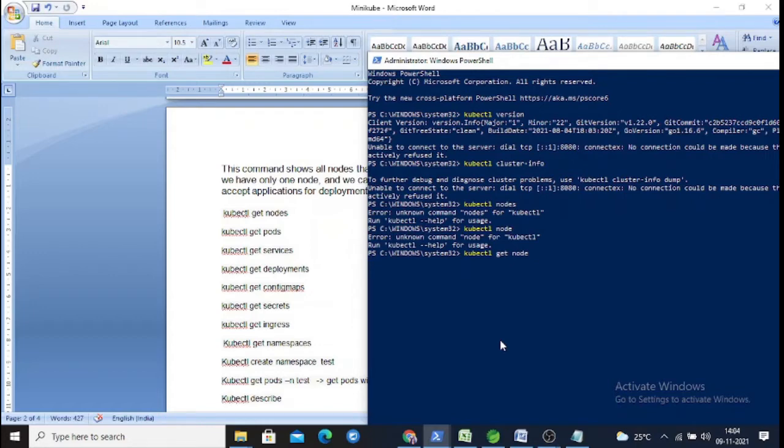And as we discussed, the other logical objects associated with our pod: get pods. If any pods are already created, it will give you the list of pods within the cluster.